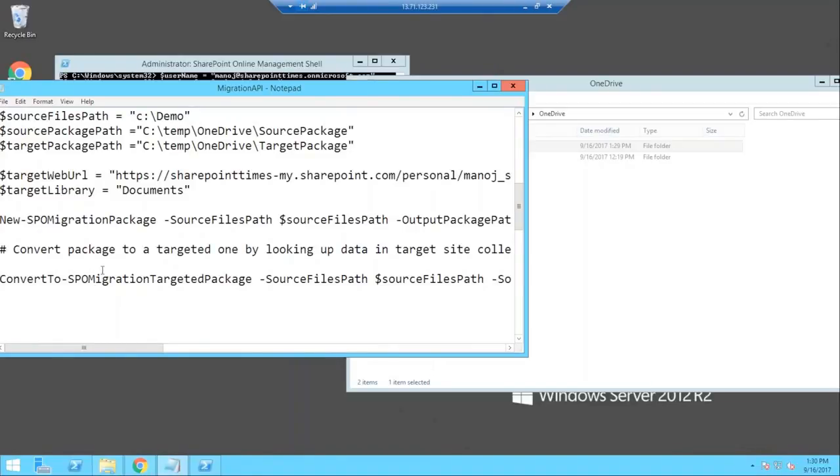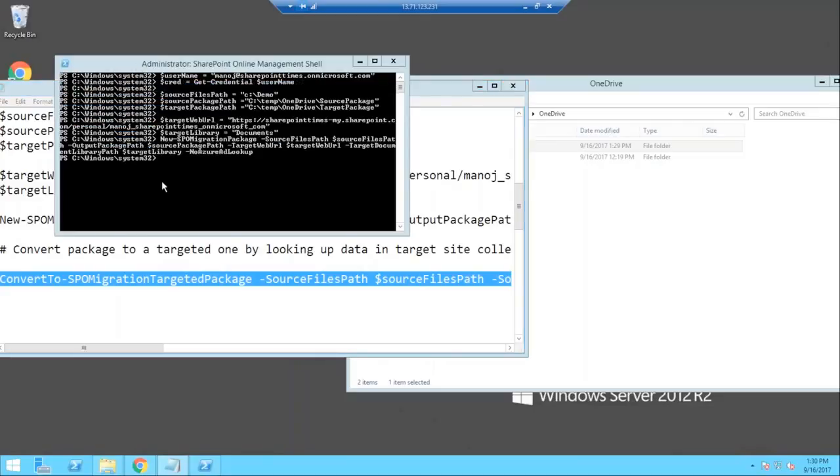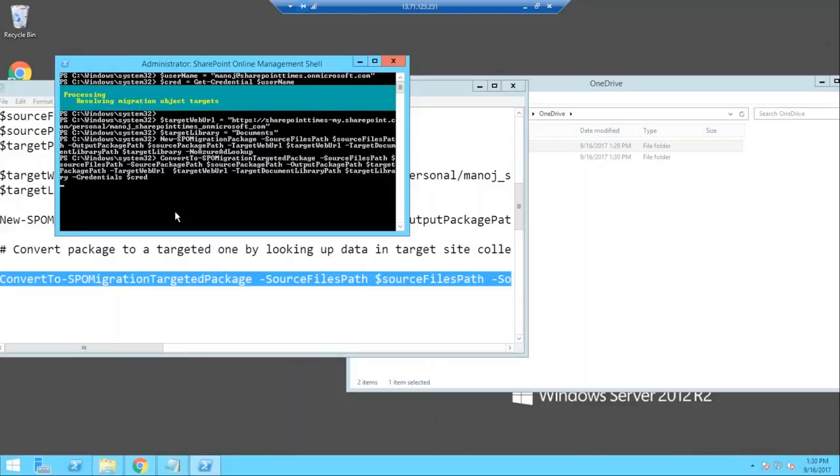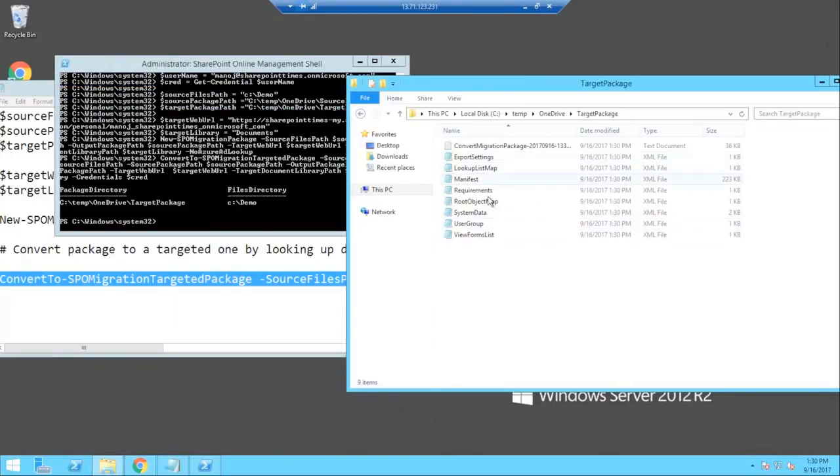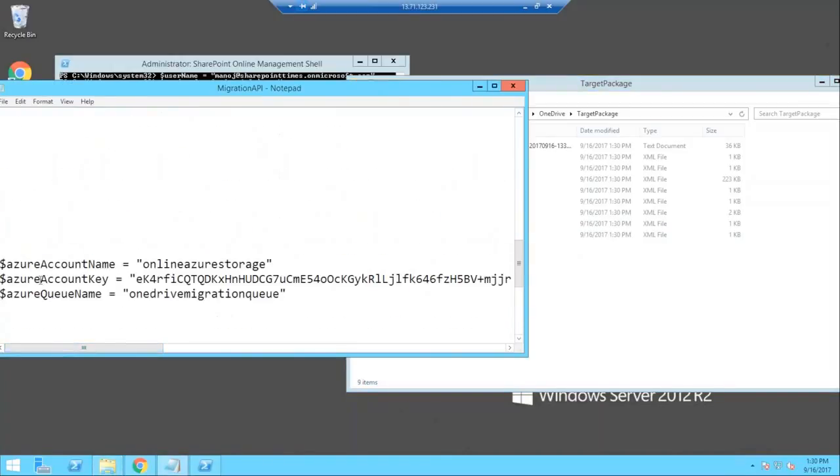I'll take this command, Control C, Control V, straightforward, and run it. Let's see. Just press start processing. So we can start looking here at the target. Good, so we have a target also now. We have a source also. So both are required. Once we have the compatible package of the files, now we need to move the files in the package from here to the Azure storage, and then we need to run the jobs. Then the job will take the content from the storage and push it to the OneDrive path. Okay, so moving to the next step.